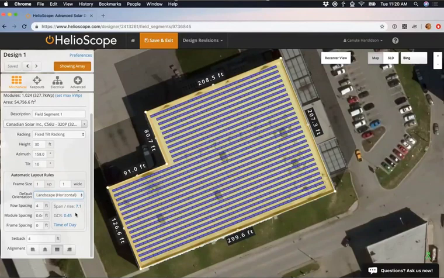HelioScope's going to take into account the spacing in between your rows. It's going to take into account the tilt of your modules, the orientation, the location that you are on the globe. It's going to take all of that into account to give you the appropriate row spacing, to give you that GCR value. Now, if you can play around with your row spacing a little bit more, we also have this time of